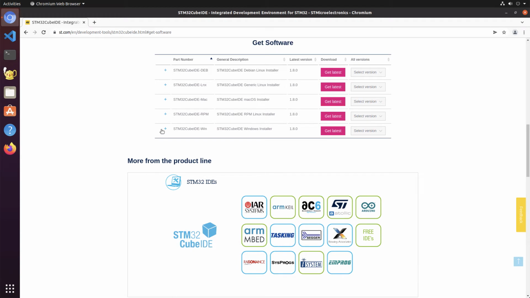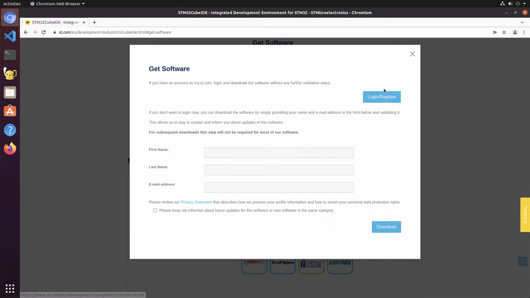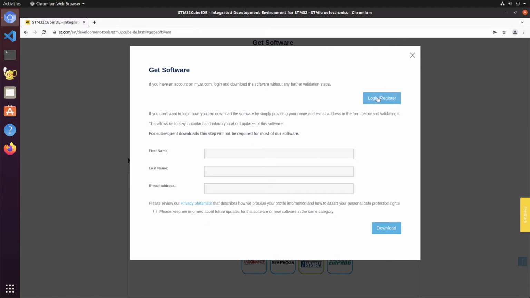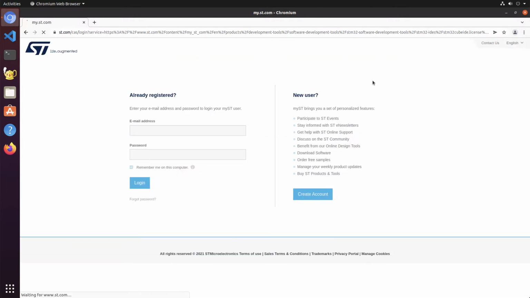You will find that you need to keep track of which buttons you're pressing, and let the web pages within the ST website settle down. So I'm going to get the latest one. It's going to ask me to accept the license agreement, which I have to, and as you can imagine I already have a login, which Chrome or Chromium in this case has kindly remembered for me. Click login,